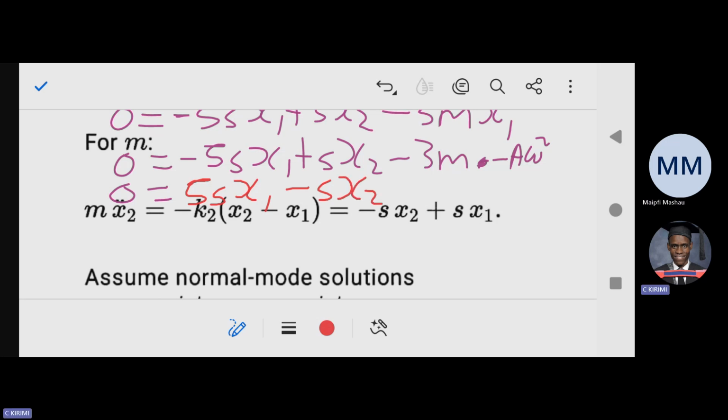But remember, negative times negative gives a positive, and a positive multiplied again by a negative is where the minus is coming from. So it's minus 3m A omega squared. That's where it's coming from. Multiply by